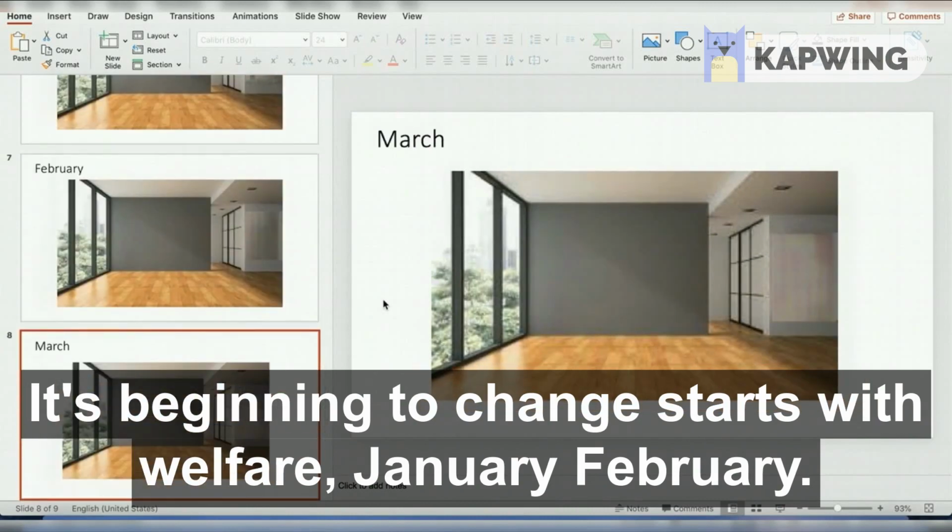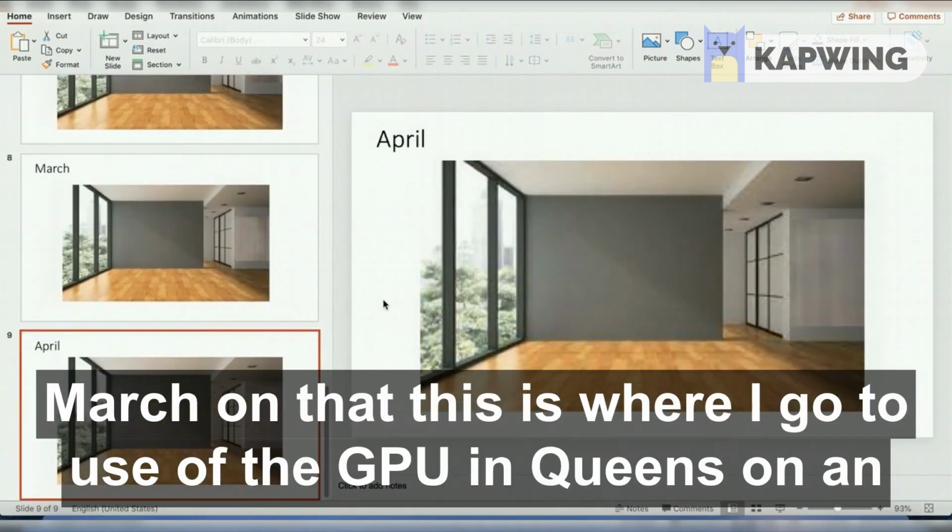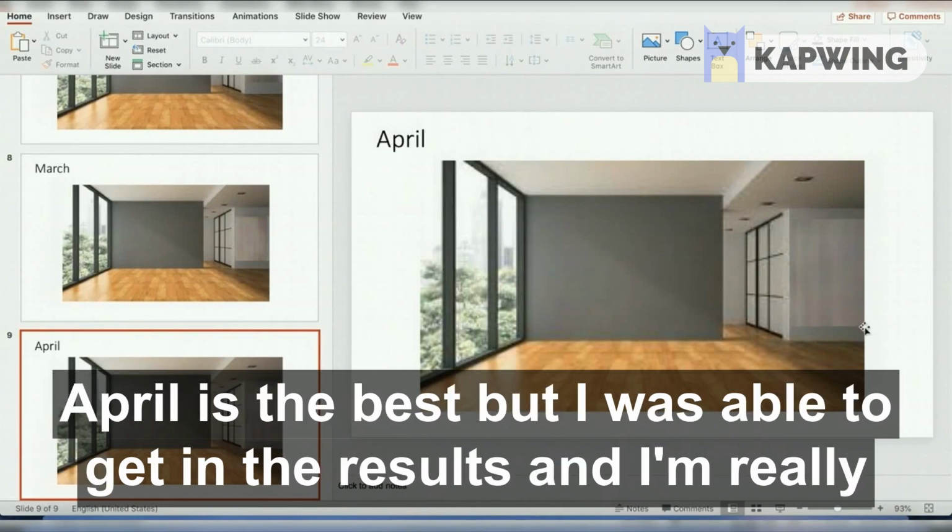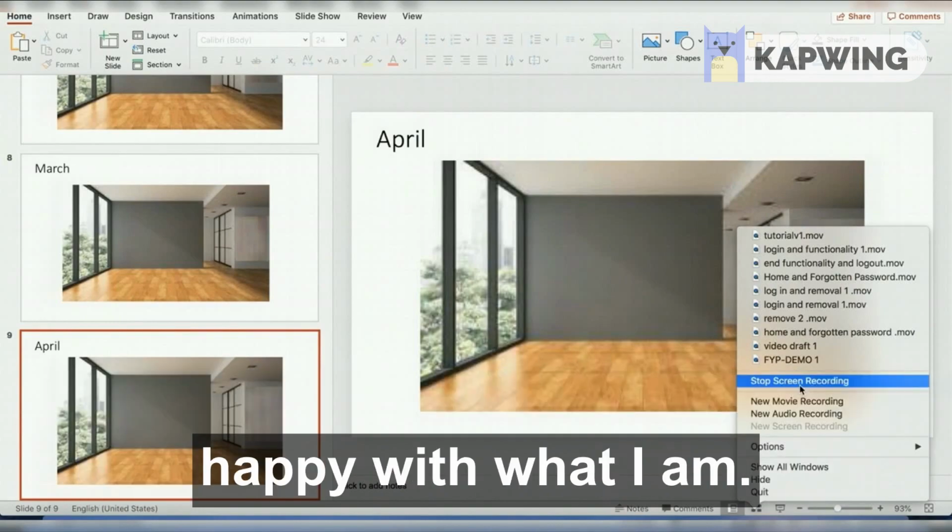January, February, March, and then this is where I got the use of the GPU in Queens, and in April it is the best that I was able to get in the results, and I'm really happy with what I ended